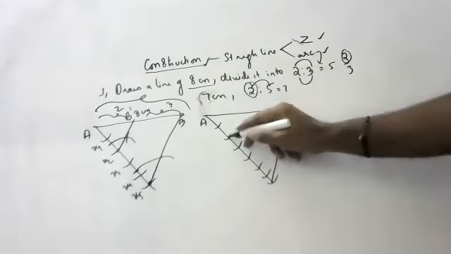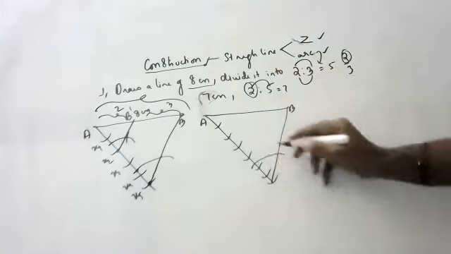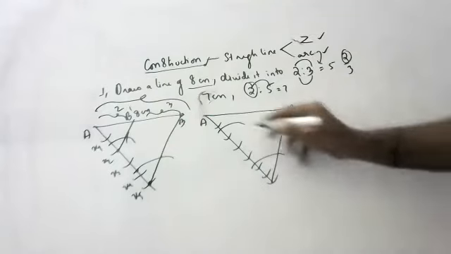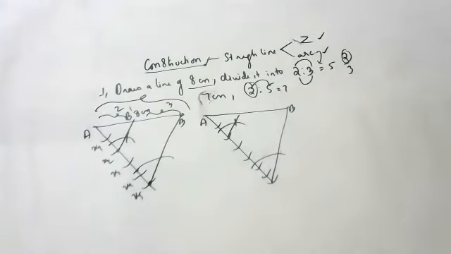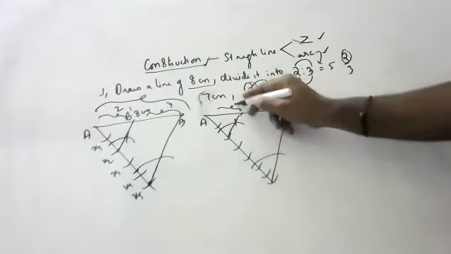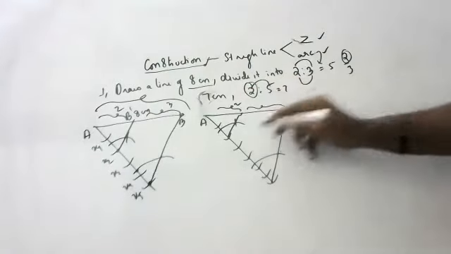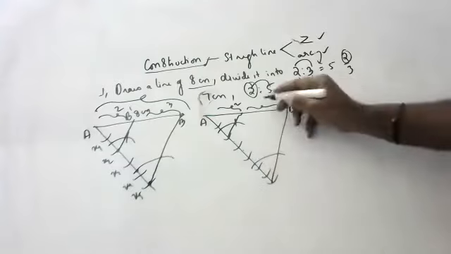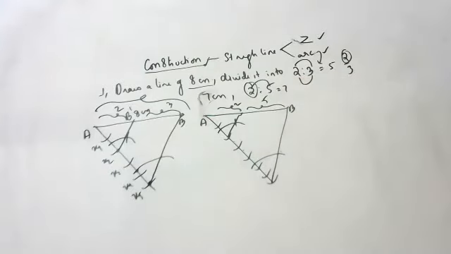From the second line, you draw a parallel line. Okay, like this, take this distance and cut it here, children. So this is two parts, and this is how many parts, children? See here, 1, 2, 3, 4, 5. So this is 2:5. Like this you have to draw, children. This is the arc method. I hope you are able to understand, children.